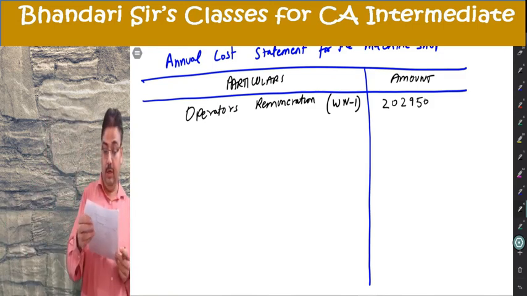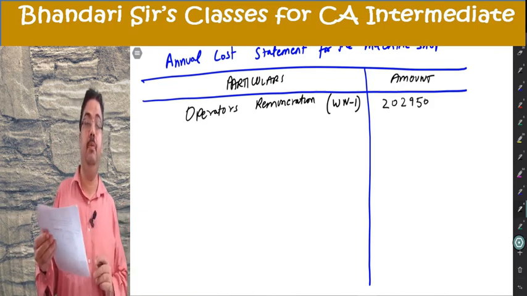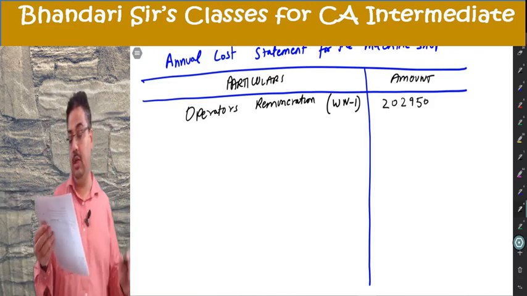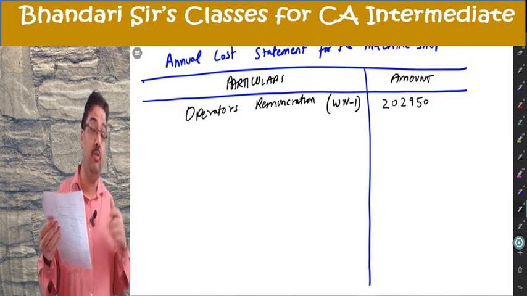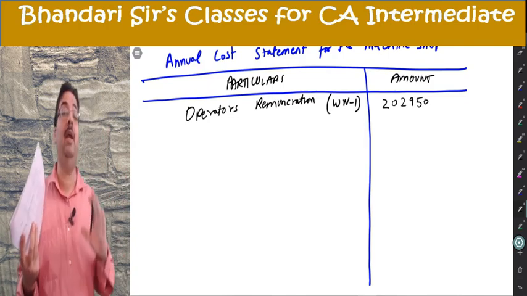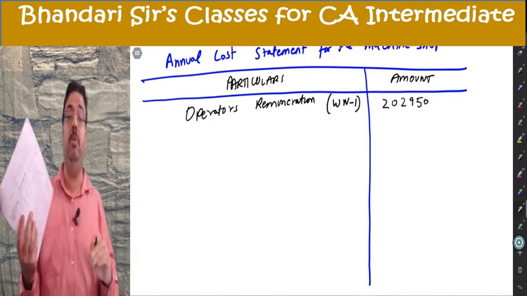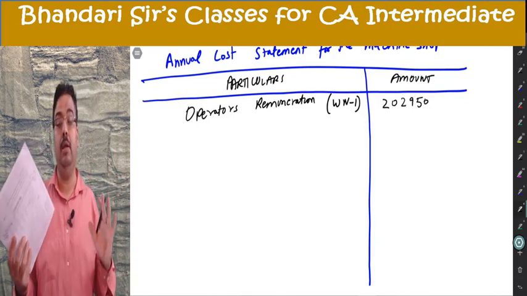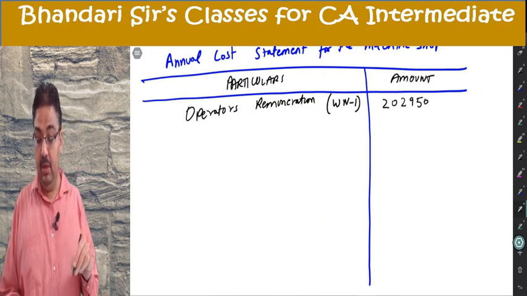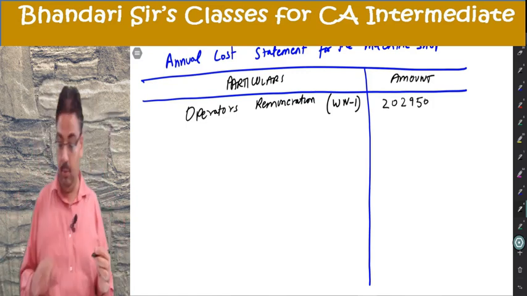Now a few figures which are given, power consumed, supervision, lighting, they are for 6 months period. The bottom figures, it is written the following particulars are given for a year, insurance, sundry work, management expense. Whatever is for 6 months, multiply by 2 to get annual, because my cost sheet has to be at one level, either 6 monthly or annual. I am making annual, so 6 monthly expenditure will be multiplied by 2 to make 1 year. Let us write the figures here. The bottom figures are already annual, will not be multiplied by 2.